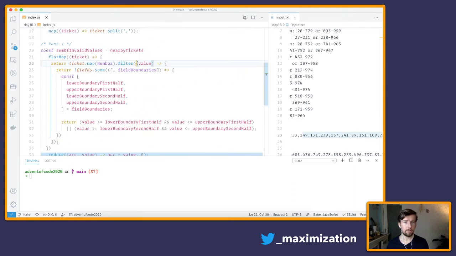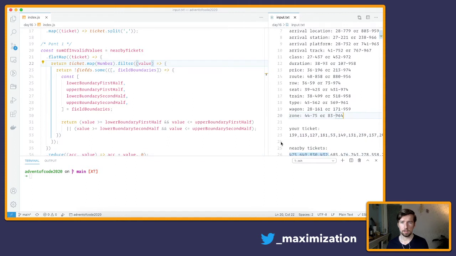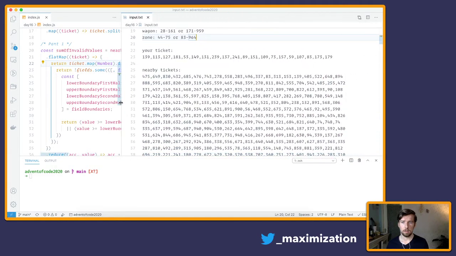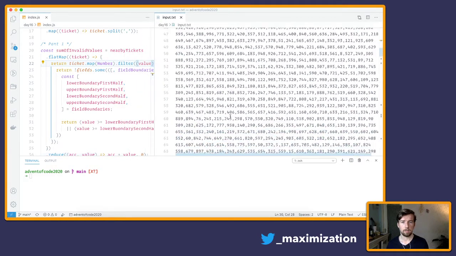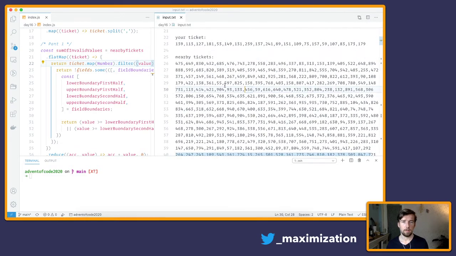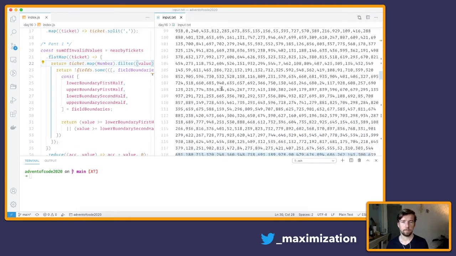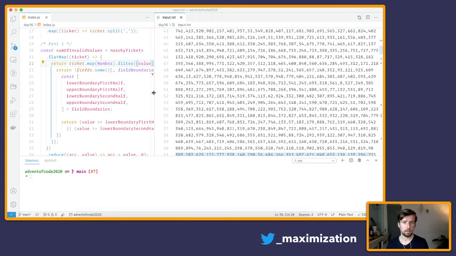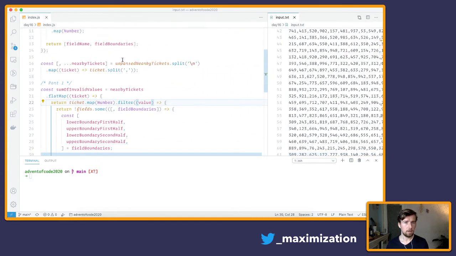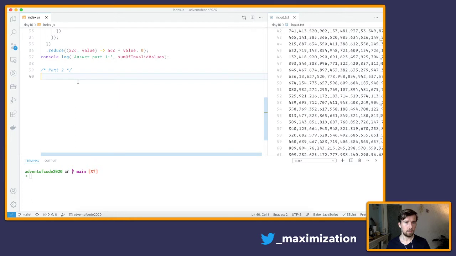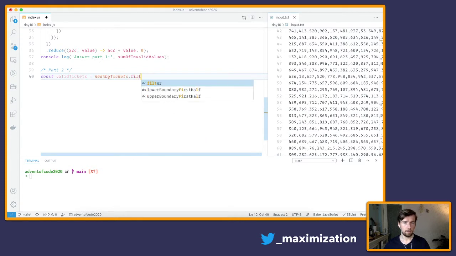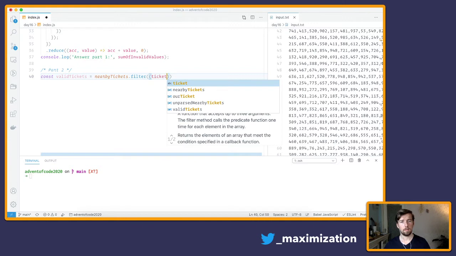We're gonna have to use the filter, because our first task is to get rid of invalid tickets. Yep, we need to get rid of invalid tickets. Let's do that. So we have nearby tickets. We're gonna say const validTickets is nearbyTickets.filter(ticket